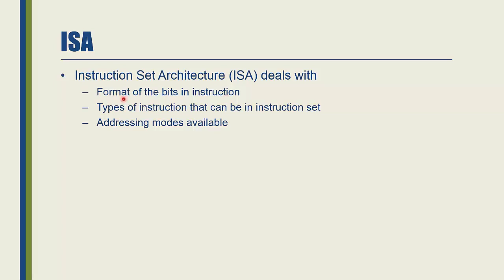Because of the setting that we give to the bits in our opcode, there will be some restriction on what instruction can be put in the instruction set. This means the assembly code that we see in our assembly program is not simply made as the programmer wants, but it actually depends on what the engineer decides the meaning of bits in the machine code or the opcode. And because of that, the kind of addressing mode that is available also will depend on the way we give meaning to our opcode.